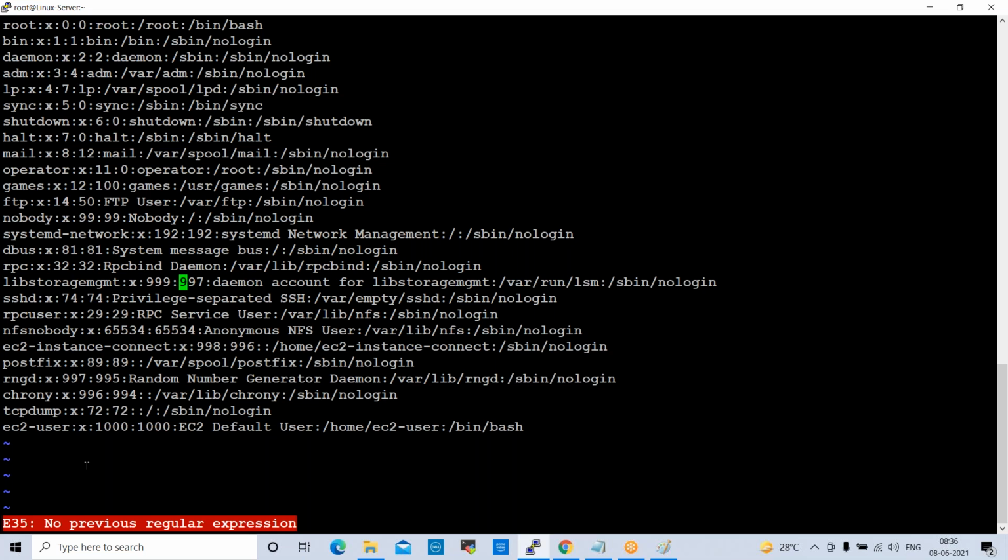Okay. And also, if you want to undo any changes, you can use undo, U, small u. Nothing will be available here. Capital U is to undo the previous changes on the entire line. So if you modify anything, you can use small u, and capital U means the lines you can modify.